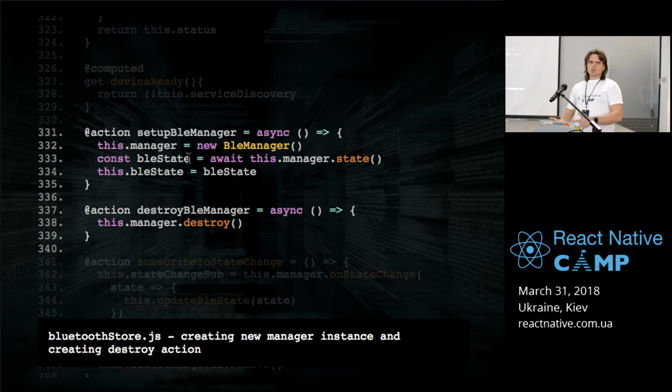Whenever it changes, it gets propagated to the store, and on the component we can monitor the status based on the manager state. For destroy, we just call the destroy function.